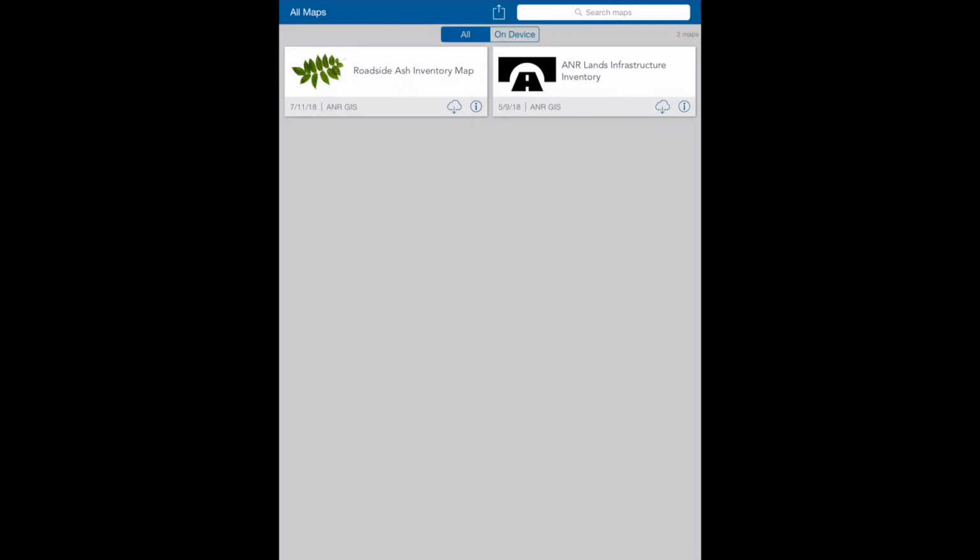And before you head out for the day, you have to download a map onto your tablet. That's because when you go out into the field, you might not have internet access, so you won't be able to access our online options. So you have to download a map to your tablet, and it'll be stored there until you decide to remove it later. So to download a map, you click this blue cloud with an arrow down,